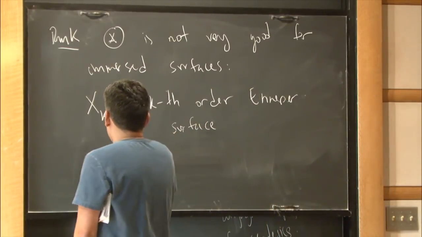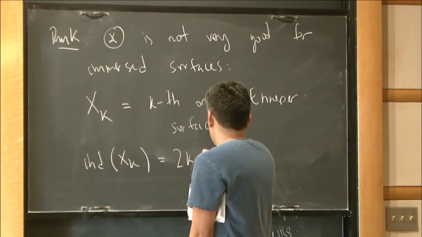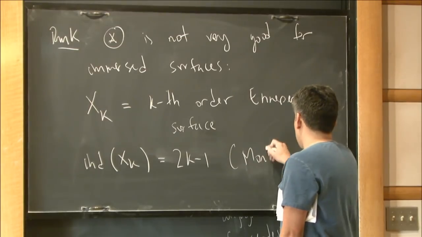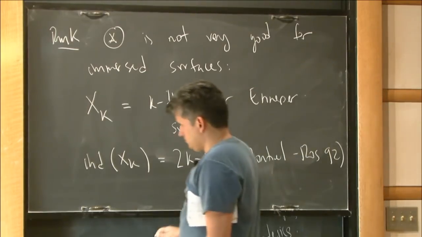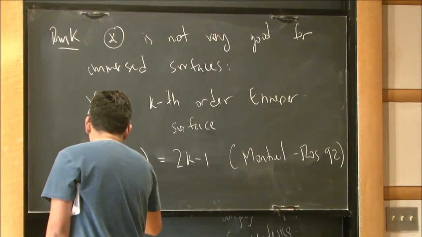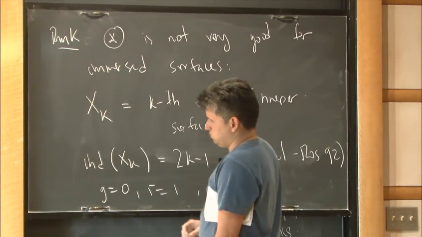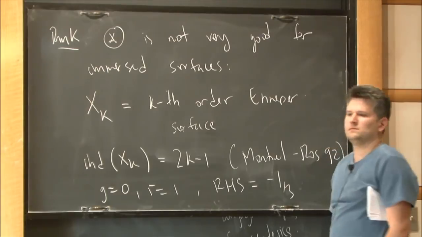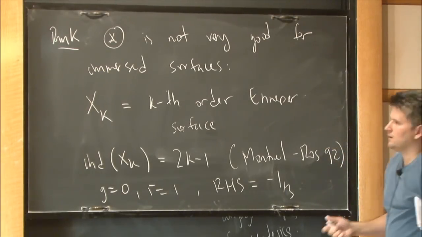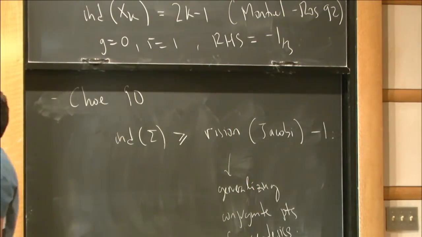And this surface has index known to be 2k minus 1. So this is a calculation by Montiel and Ross, 92. But it has genus 0 and r equal 1. So the right-hand side here is negative 3/2. So from the point of view of embedded surfaces, this is fine, but because you really have embedded in,